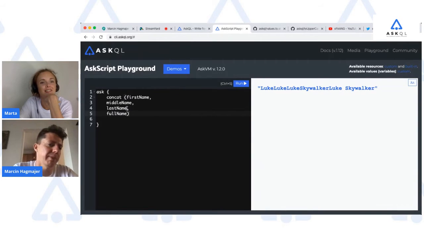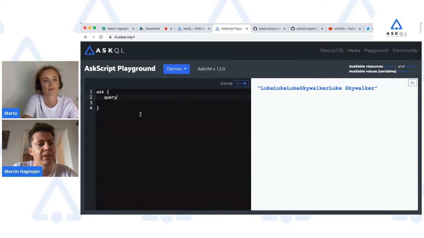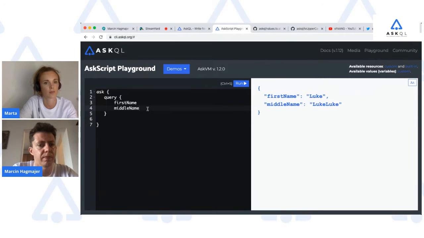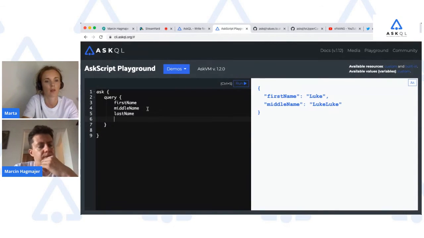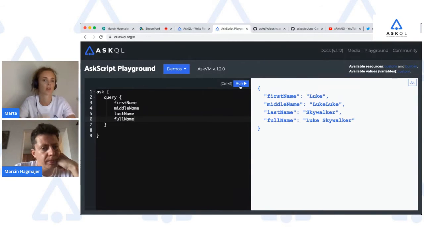Another way to go about this would be to use the query. The query construction allows you to pull a few things at the same time, and the query is going to give them back to you using the same keys. So it's easy for you to see. Like this, or last name and full name works.